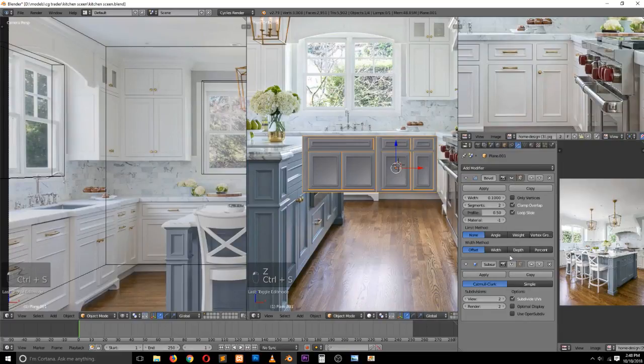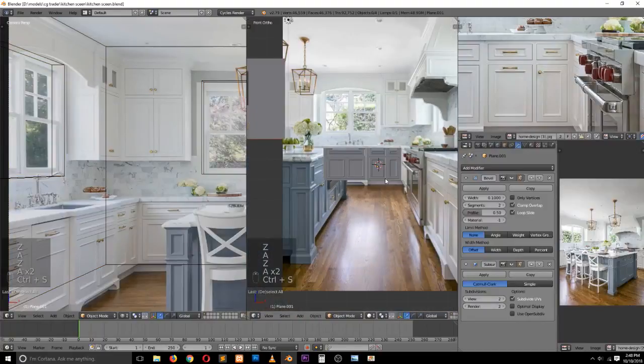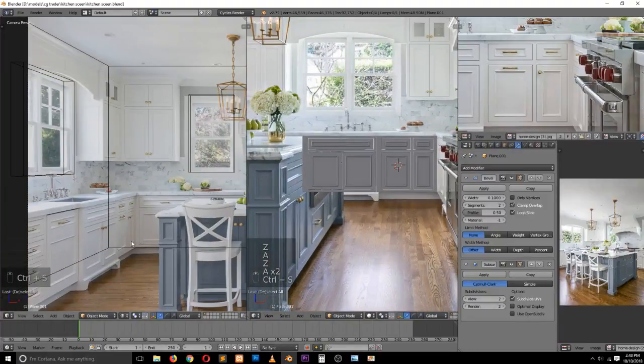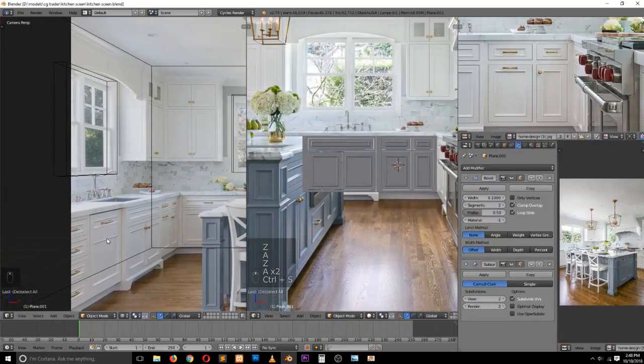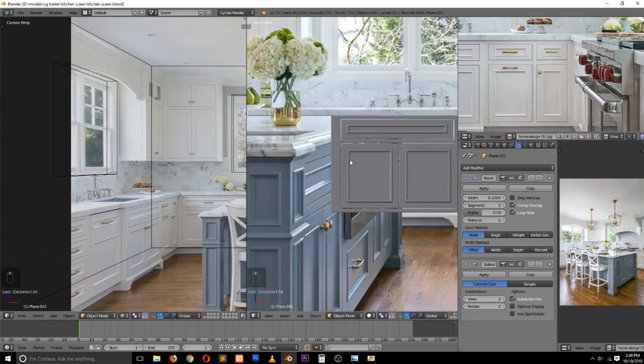Now if we turn on these, we have our kitchen cabinets, and let's go for this part here. So this is just one drawer and one door, one small kitchen cabinet and a small one and a larger one with a door, and then we have these here. So for those, let's again,